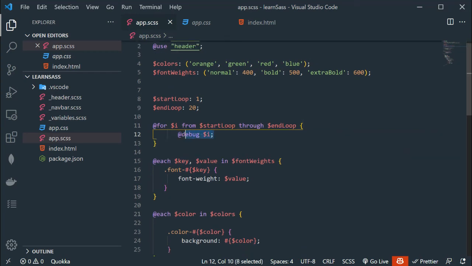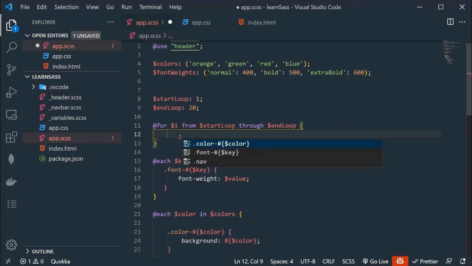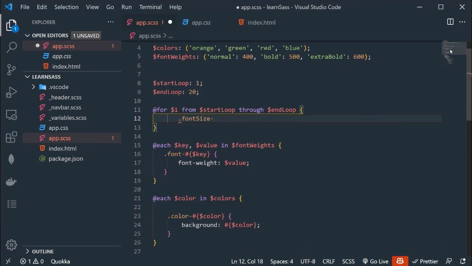So simply .font-size- and after the dash I want to append numbers. So what we need to do, simply we have to append the $i variable. So let me add hash curly braces.